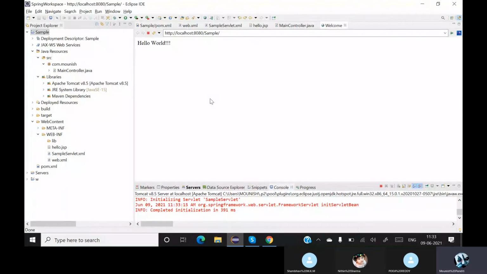Good. Now you can see that it is working. So even if you miss a letter, it will throw you a very good error. Nothing to worry about it. Okay, solve it with a little bit of patience. So now your complete MVC structure is working perfectly. Got it till now? Yes, sir.